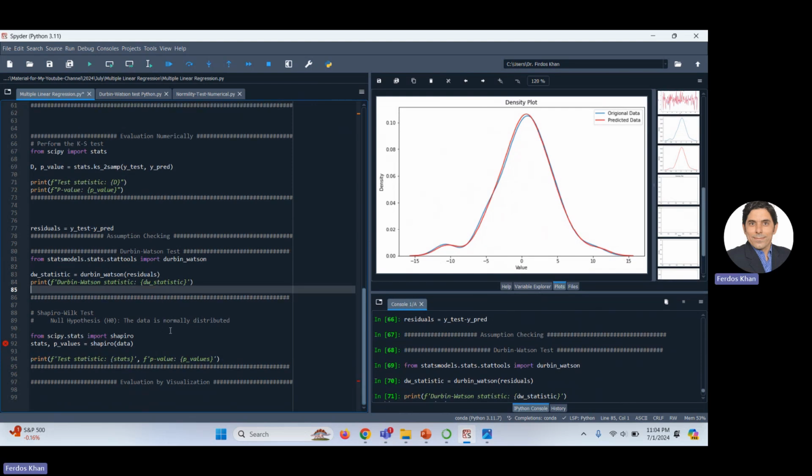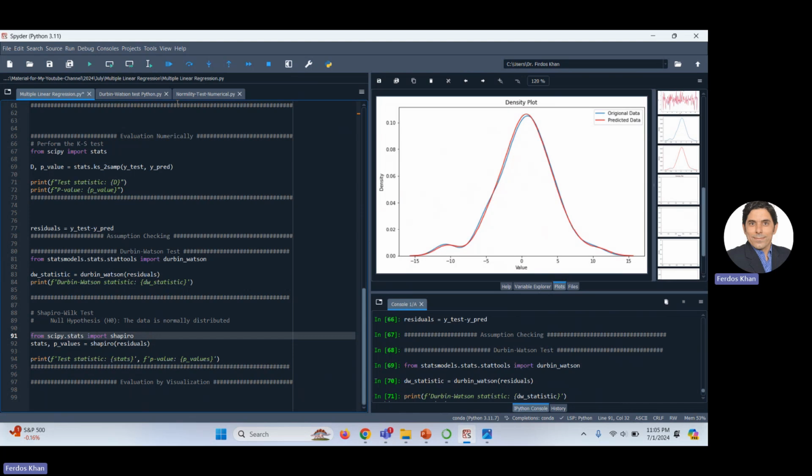normality. For normality, you know that I already explained that you need to test. There are 3 tests normally available. There may be more tests, not 3. I know about 3 tests: the Anderson-Darling test, the Shapiro-Wilk test, and the Jarque-Bera test. So you can use any of these tests to test the normality of the data. Okay, so you can apply it on the residuals